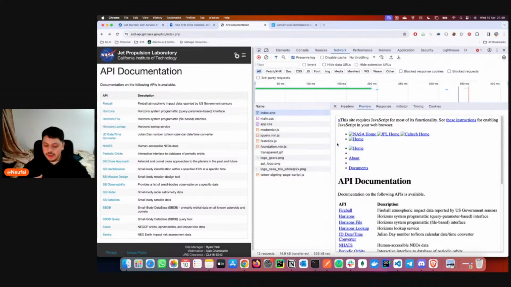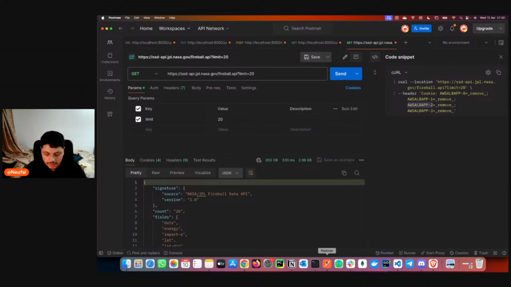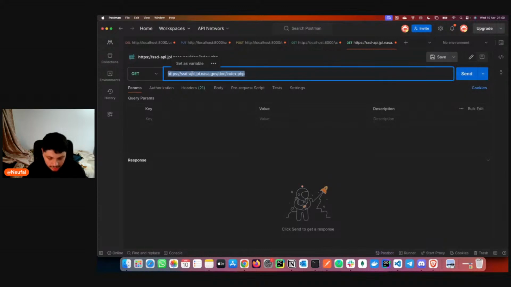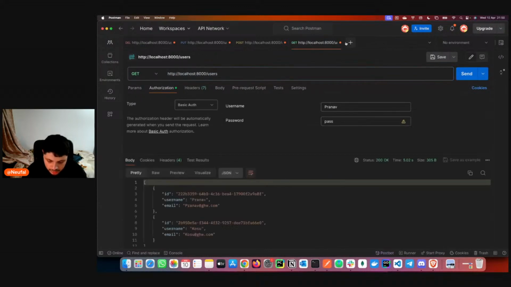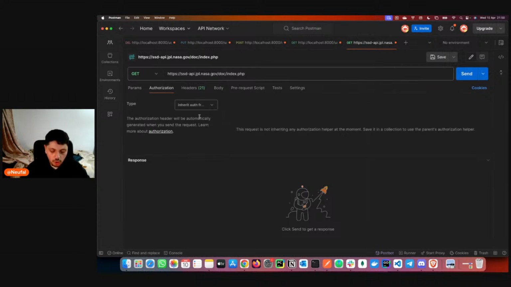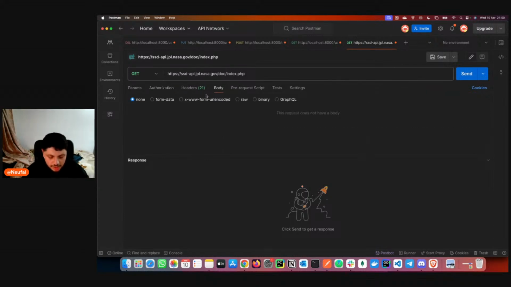Basically the curl is the request that is made to get the HTML. If we copy and paste the curl directly here, as you can see, did you see that? Whoa!